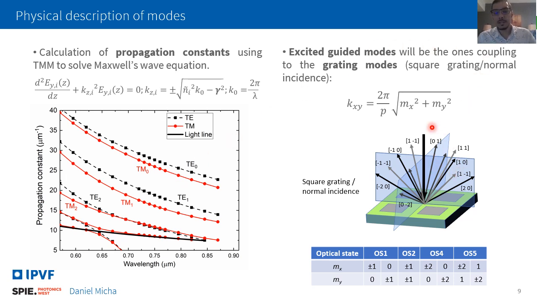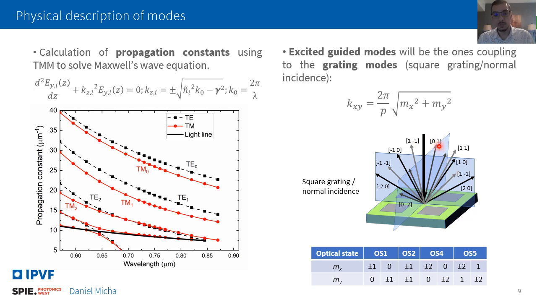So here is the equation for a square grating under normal incidence, showing, after the incidence of the normal incident light, all the orders which are laterally scattered, named here by this code, which is the order of this diffraction order. And the in-plane wave vector of this order can be written with this formula, in which P is the period of the grating, Mx and My are integer numbers,